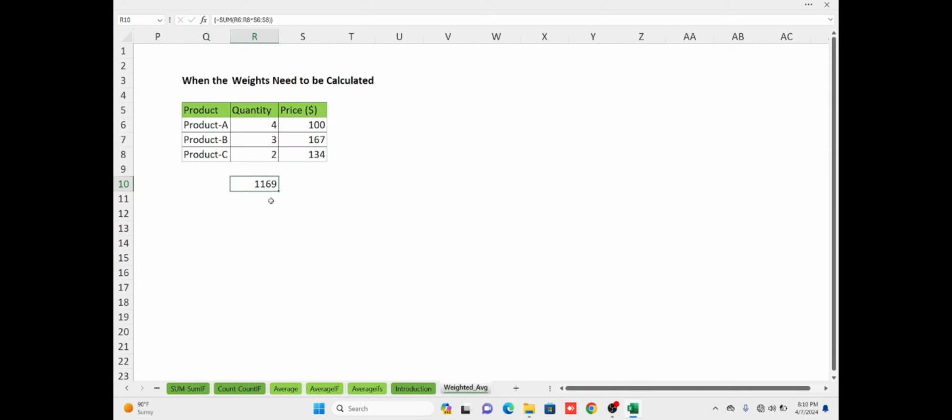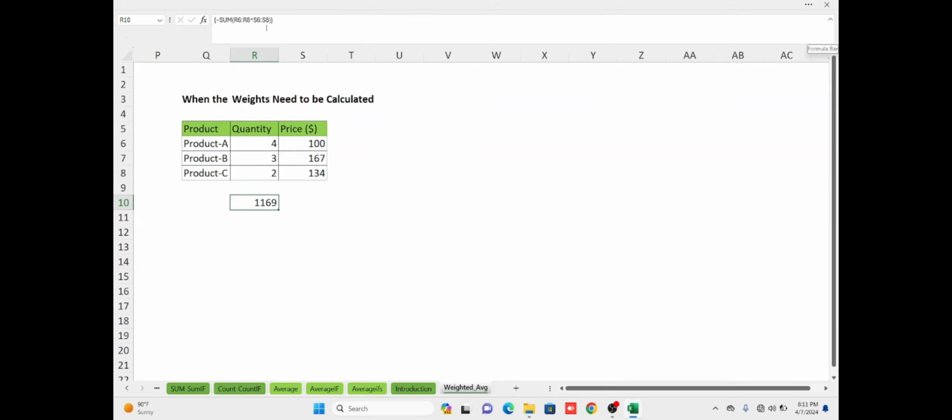Now we have the sum of these products. You will notice that it is not actually giving us the weighted average. What we are going to do is track this further. If you notice, when I use Ctrl Shift Enter, a curly bracket is added, looking at this formula bar here, at the end of